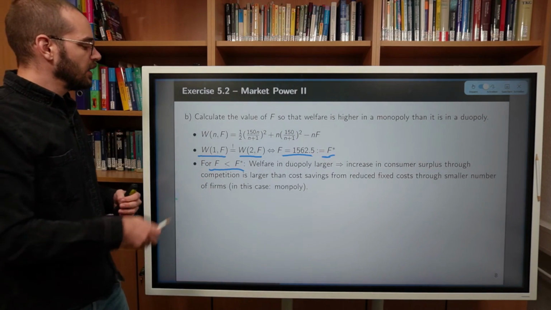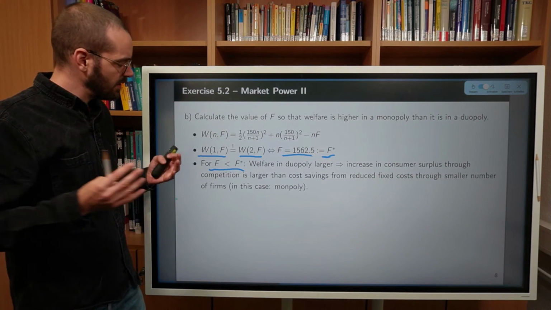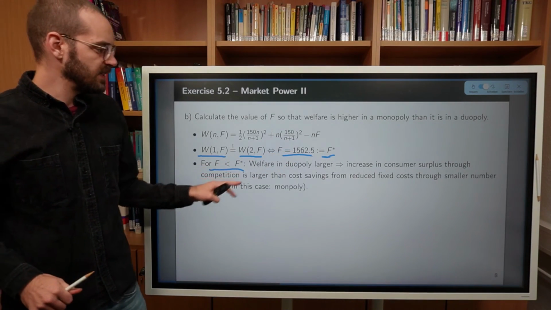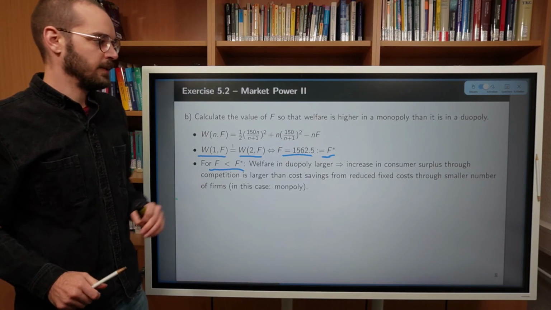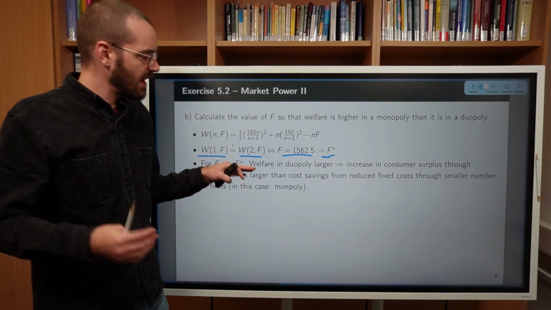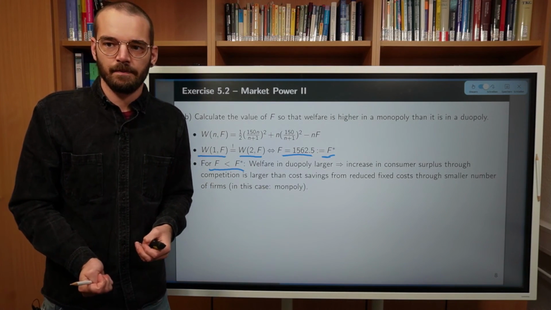All right. So bottom line is, for any fixed cost that is smaller than this intersection point, we see that welfare is larger in the duopoly. So the increase in consumer surplus through the competition is larger than the cost saving from reducing the fixed cost duplication. Okay,